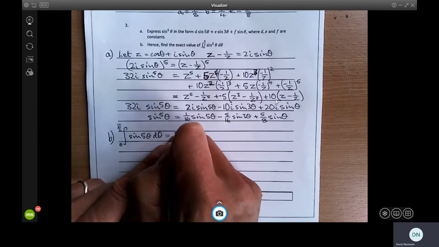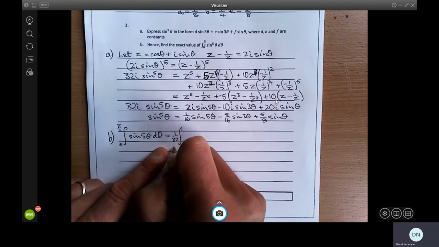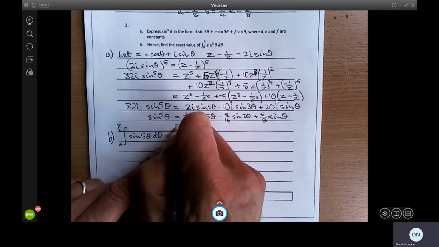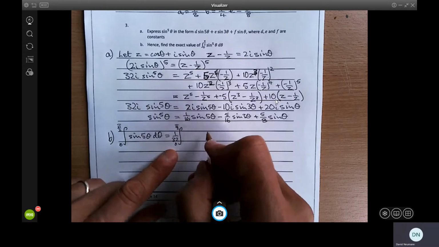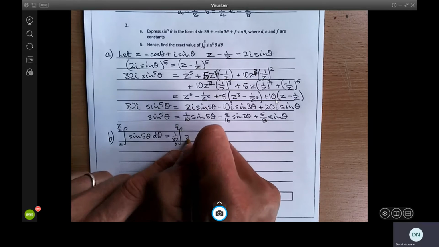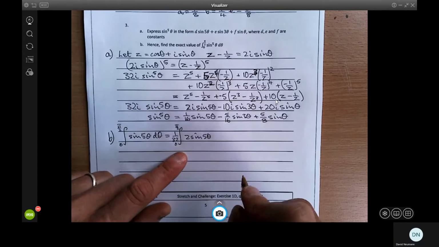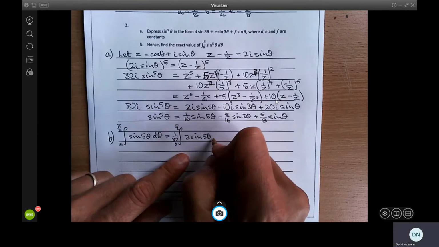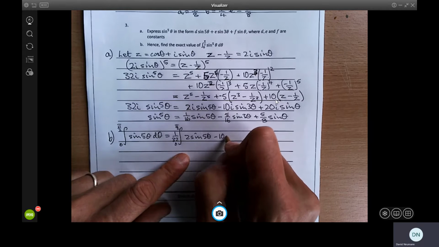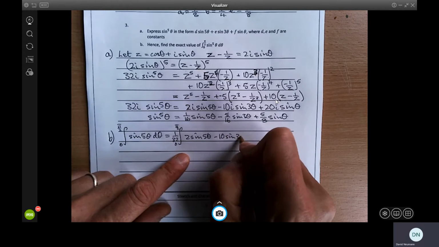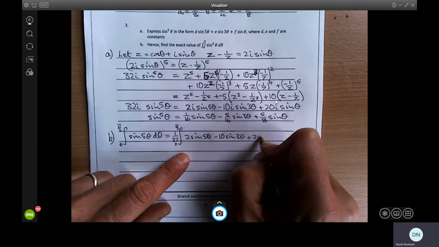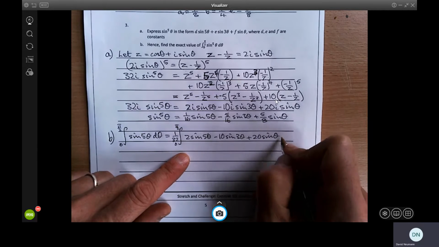So we're going to say that's 1 over 32, integral from 0 to pi over 2 of 2 sine 5 theta minus 10 sine 3 theta plus 20 sine theta d theta,